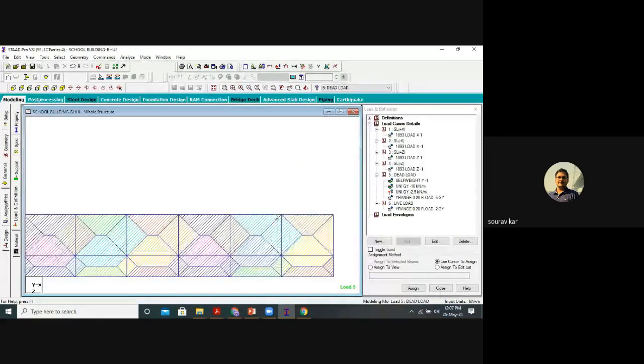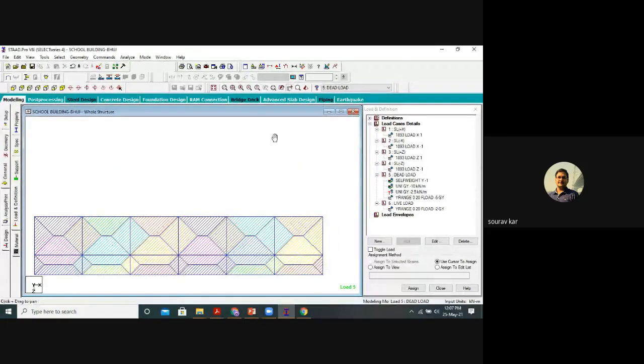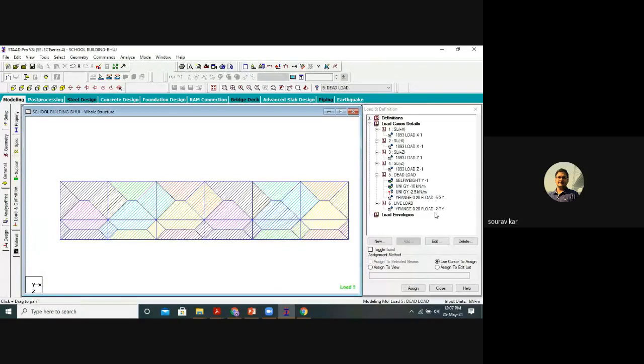So go to top view. Select this option, and I will select only the exterior beams. Obviously, we will not select the interior beams because parapet wall load does not act on the interior beams.